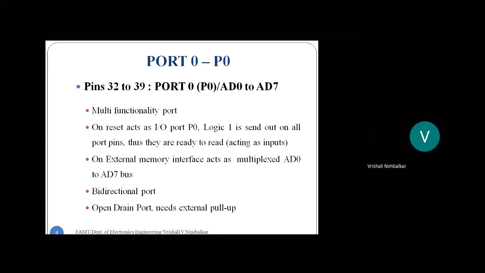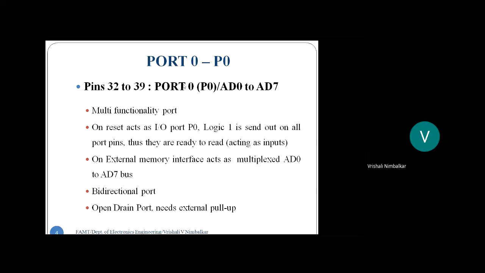Now where is port 0? Port 0 is those pins. The microcontroller is a 40-pin microcontroller, right? The 8051 is a 40-pin IC. Among those, pin numbers 39 to 32 are dedicated to port 0. So those 8 pins, 32, 33, and so on up to 39, are the port 0 pins. Whereas pin number 40 is VCC and pin number 20 is ground. So the pins near VCC are the pins of port 0, continuing P0.0, P0.1, P0.2 up to P0.7. Correct?